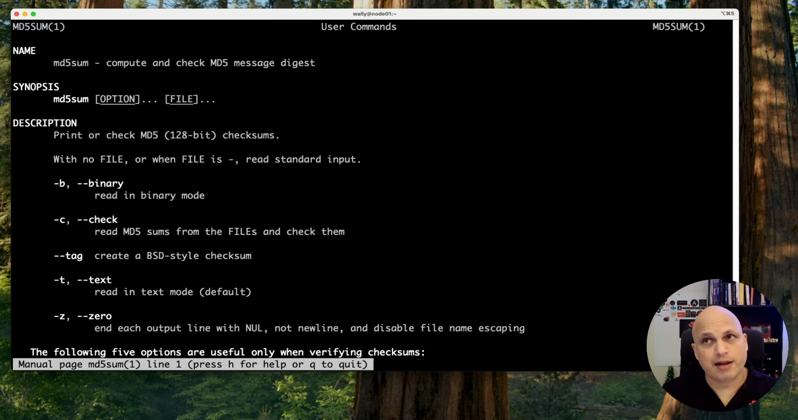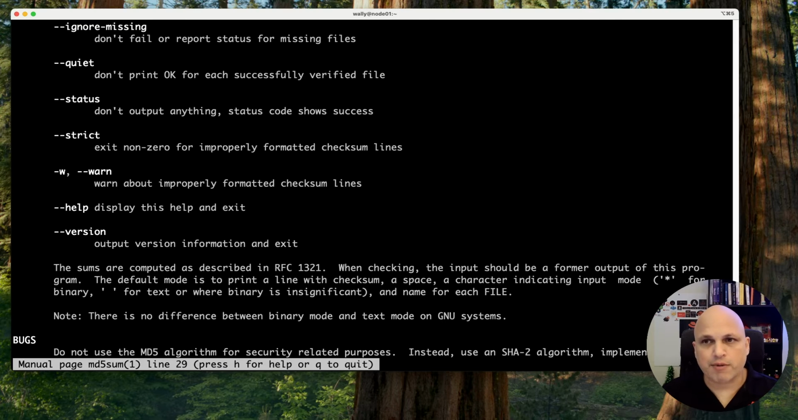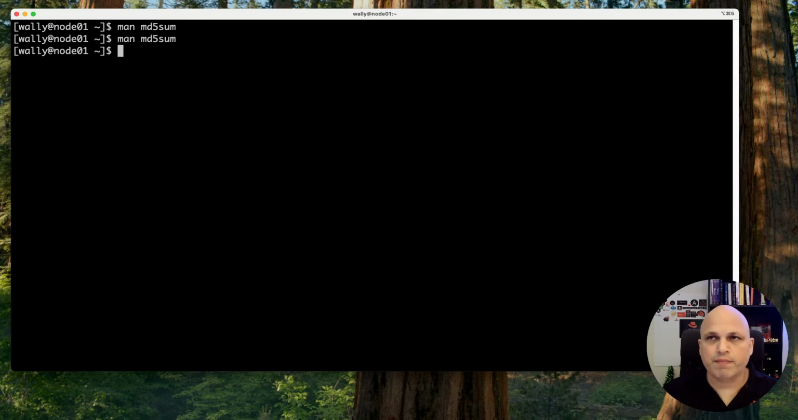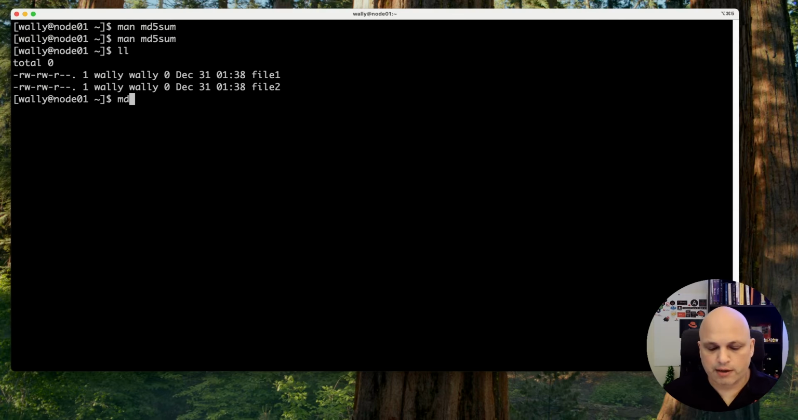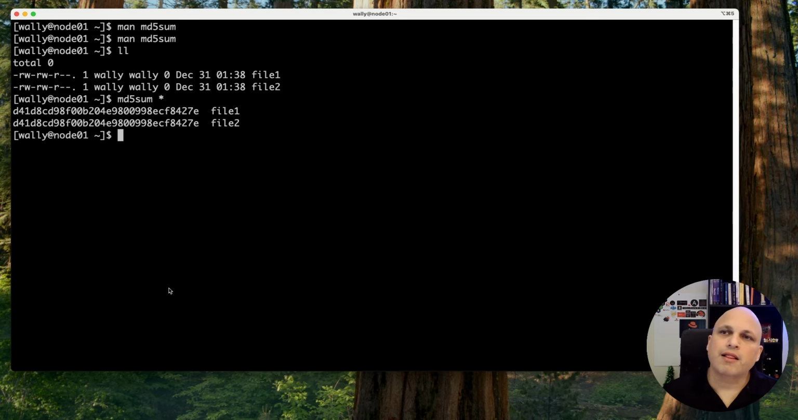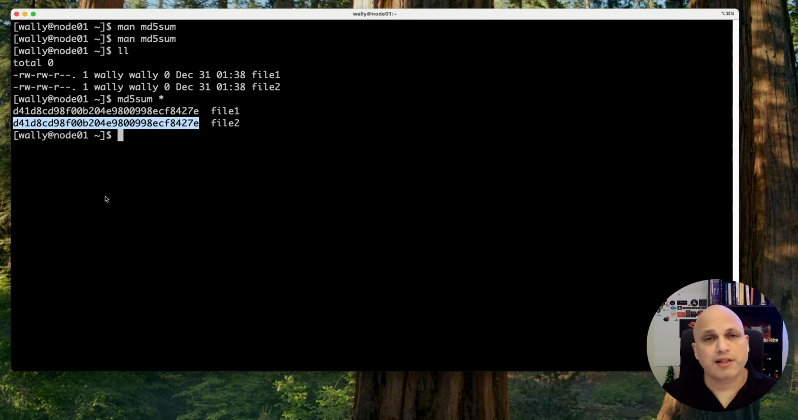And again, let me come back. You can see there are a lot of options. I'm not gonna pass through all of them. The main idea here is to keep it simple. So if I just run md5sum and star, this will get all the files. Check this out. Now we can see the checksum, and I can tell you for sure they are the same,